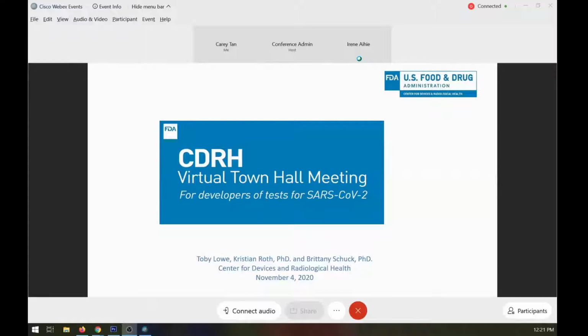Then the other point that is made in that communication is about the positive predictive value, and just reminding everyone that false positives are expected with all tests. You know, any test that's out there will have some false positives and some false negatives. No test is perfect, and particularly with some of these tests being used to screen individuals in low prevalence areas, we do expect there to be a higher incidence of false positives as that prevalence decreases. So you can find that on our website and take a look at that